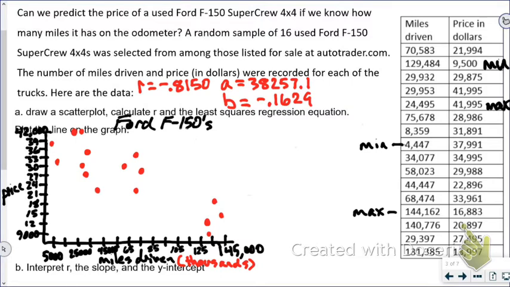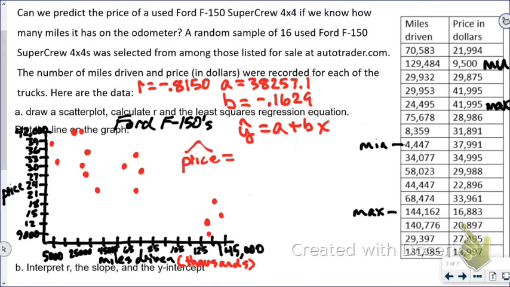And at the very end of this part A, I wrote over it, it says plot the line on the graph. Now before I do that, it's important that you note how to write this least squares equation. Because in the notes, right before we worked this problem, I had this written on the board. And while that's perfectly correct, I want you guys to use the context when you write it. AP says it's defining the variables. So y is the price. So I want to say price hat